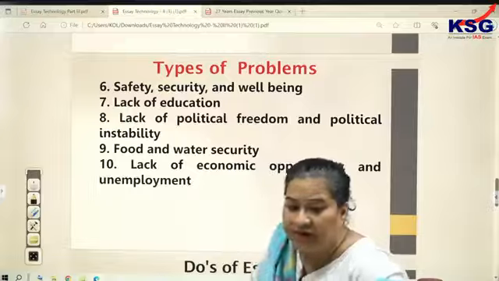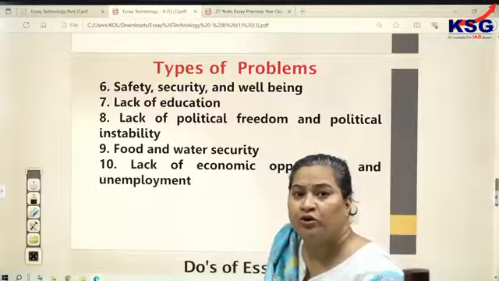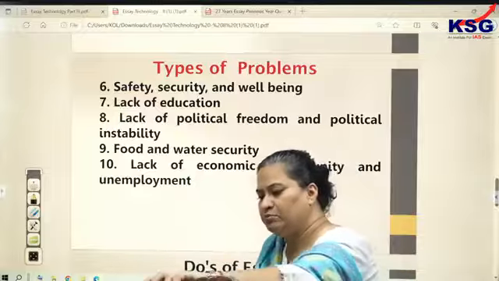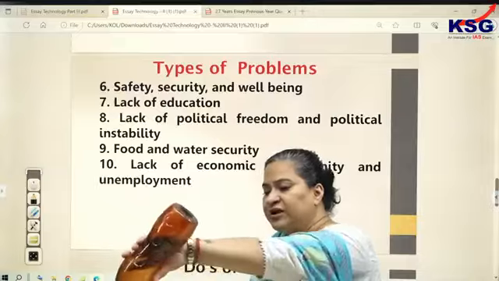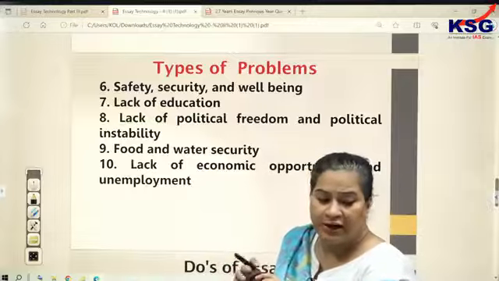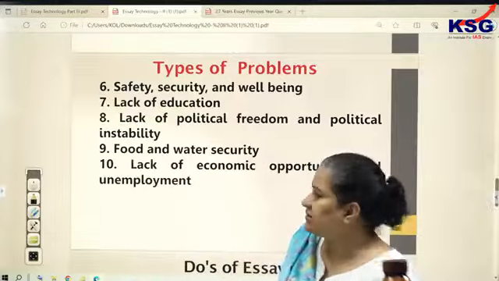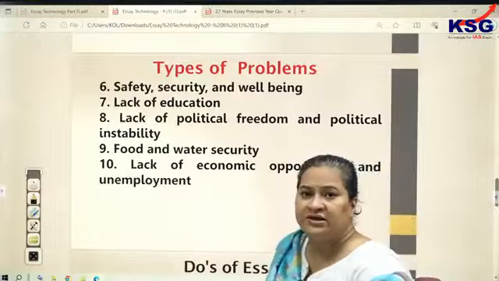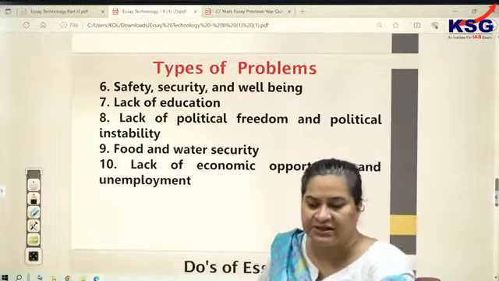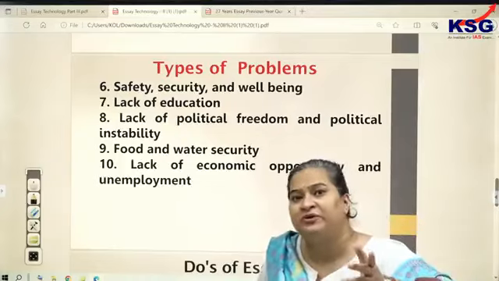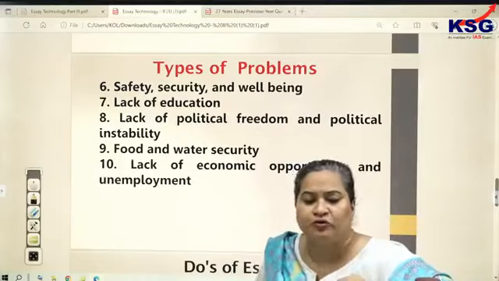Lack of political freedom takes away their power to negotiate for, I would say, more interventions or initiatives. So that's something which can be connected. Again, lack of food and water insecurity, yes, that can be connected. Lack of economic opportunity and unemployment, yes, that can be connected. Then all the other 6-7 points which I had written on the board in the previous week, and I encouraged all of you to take it down.